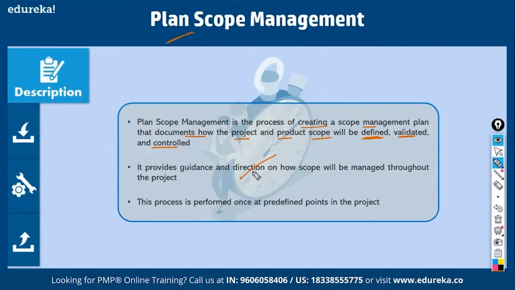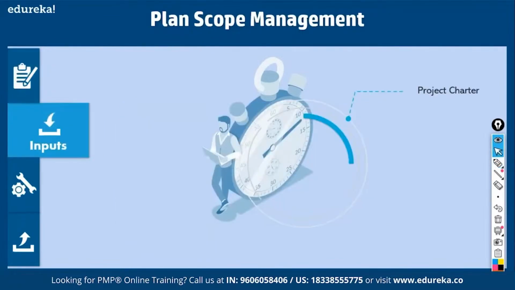Now there is a description of this process, plan scope management. I was talking to you about the Project Management Body of Knowledge of PMI, isn't it? What we discuss is based on that. There are totally 49 processes in this body of knowledge, and each of these processes is defined using a particular template. These templates are inputs, tools and techniques, and outputs. I can give you a small example. If you have to make coffee, what do